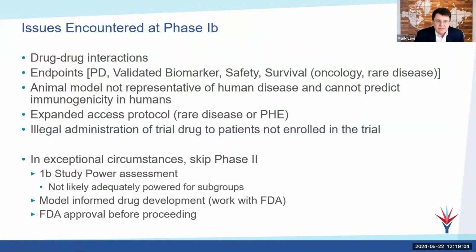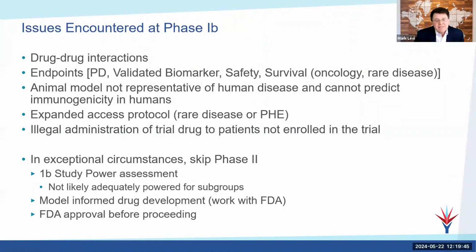And for that, you talk to the FDA. In exceptional circumstances, you can skip phase 2. It takes the FDA's sanction, and in the phase 1b study, you have to assess it for statistical power. It probably will not be adequately powered for subgroup analysis, but you can work to skip it. You'll have to work with FDA on model-informed drug development. Yes, you will need FDA's approval,